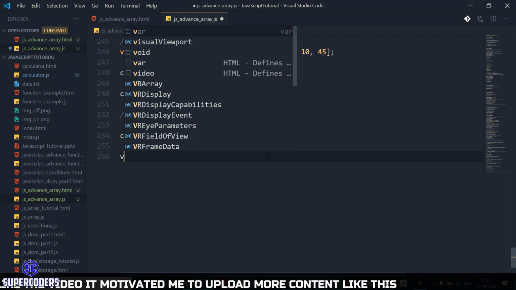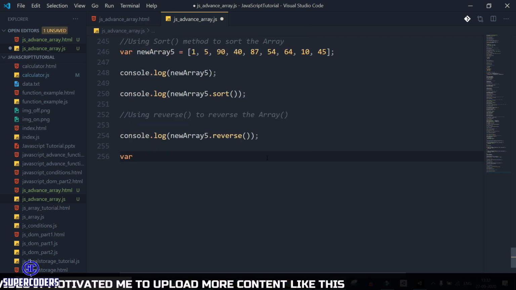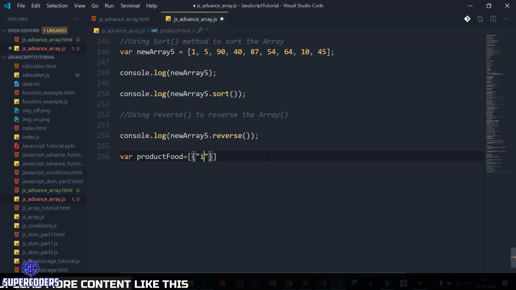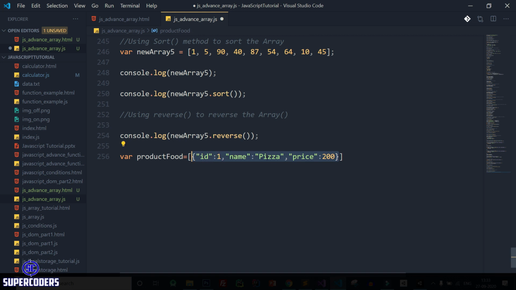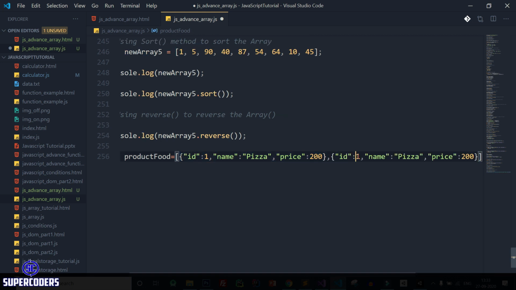So here I am creating a new variable, product food, equal to an array, then creating an object. So first id 1, after that name, so name is pizza, and price which is 200. After that copy this, comma, and second item id 2 and price is 100, change this to burger.